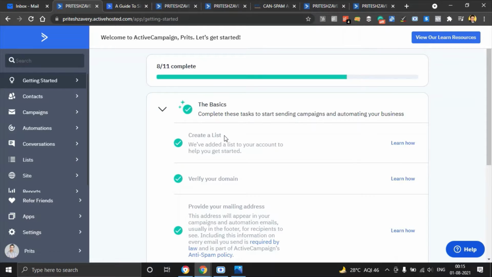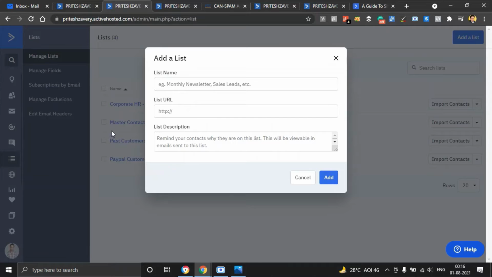So first of all, creating a list. You see on the left hand side this panel, the different options available to you. Click on the lists option and you'll be taken to this page where you'll see all the sub options available under lists. Manage lists, manage fields, subscriptions by email, manage exclusions, and edit email headers. So what we do next, if you see on the right hand side here, add a list. Once you click on add a list on the right hand top corner, this is where you put in your list name. So for example, it says monthly newsletter, sales leads, etc. Examples are already set. Let's say if you want to give a list name,